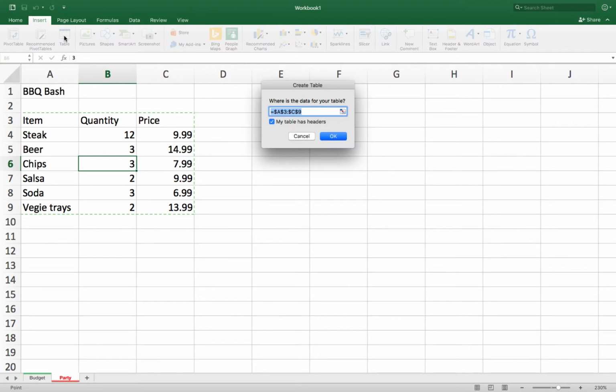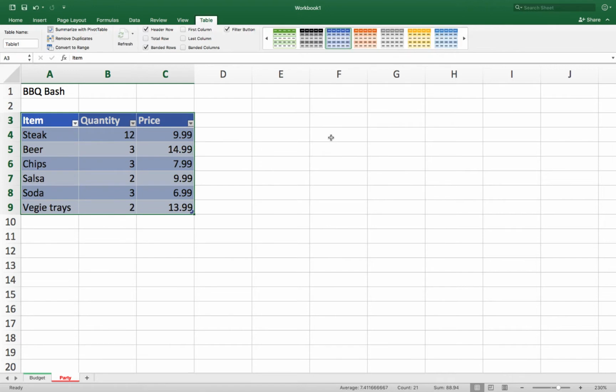And when I do that, I get this dialog box. Excel wants to know where the data is. So based on my cursor position, it guessed everything out to the first blank row and first blank column. And then it also noticed that the stuff in the top row looks a little different, so it guesses that I have a header row. So that's all good. I'm going to go ahead and click on OK, and